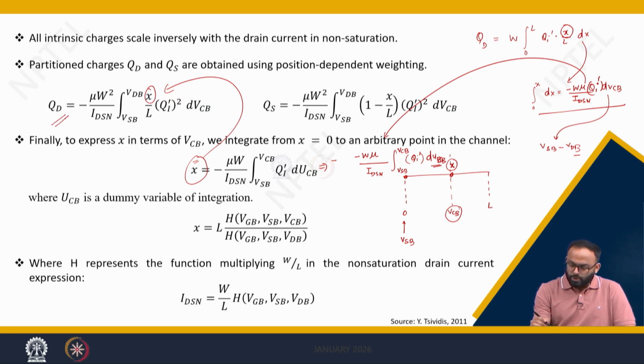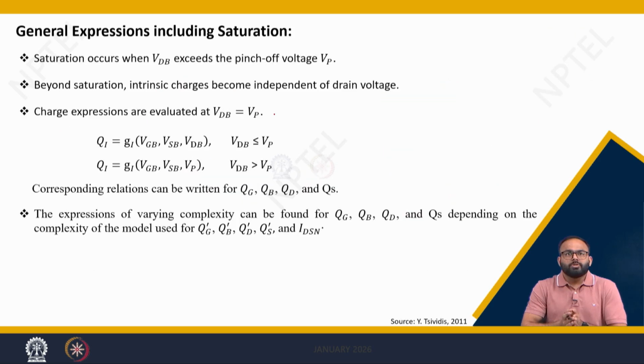Similarly, to calculate Qs, you need to assign the weight of 1 minus x by L. Here x can be replaced by this equation, which you need to solve. You will solve this equation, put the value of x and solve for Qs. So now, when the strong inversion non-saturation model converts into the strong inversion saturation model, then you need to